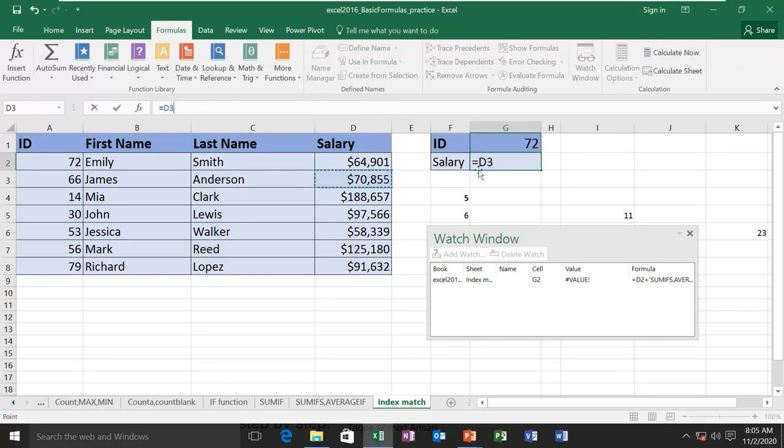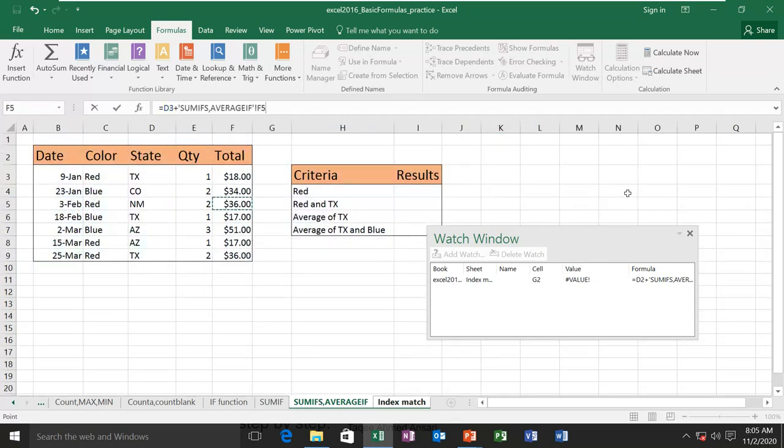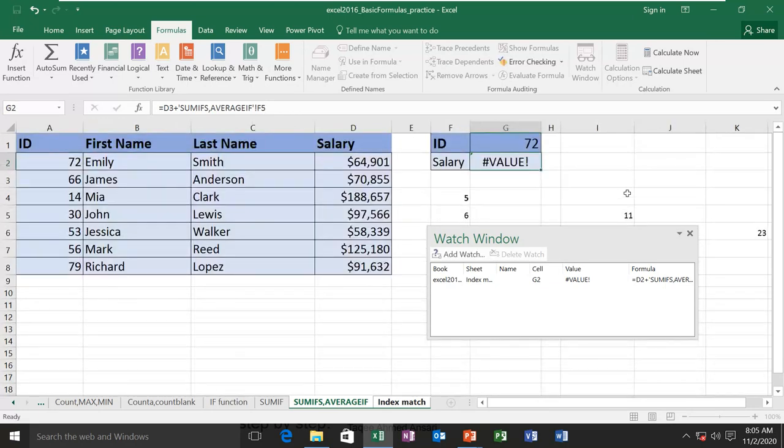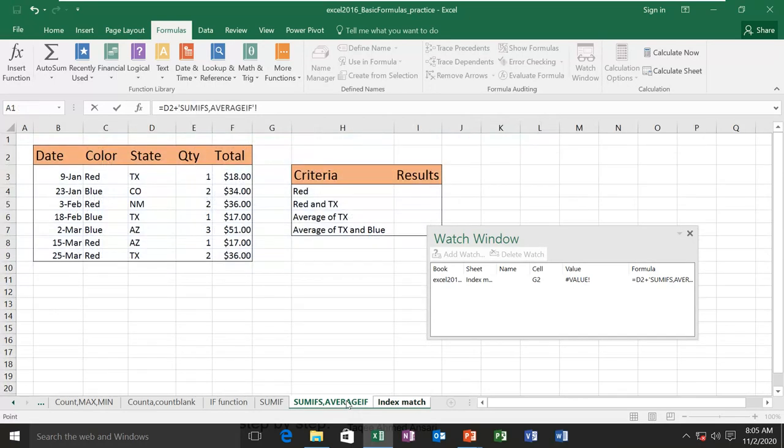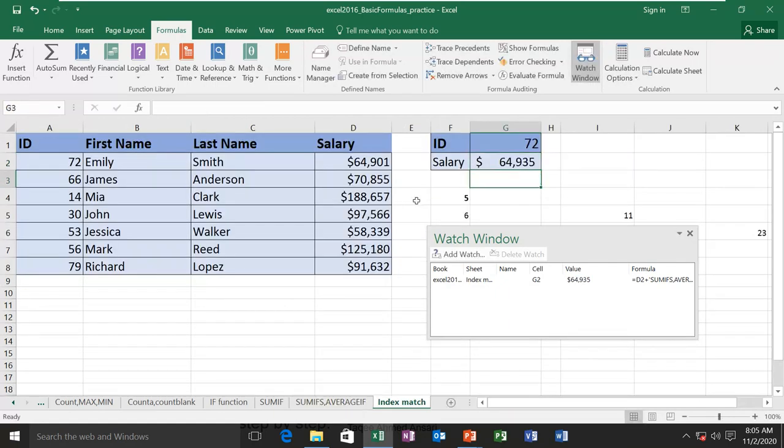Let me try again. This one plus this one. Okay. This one, and then this one.